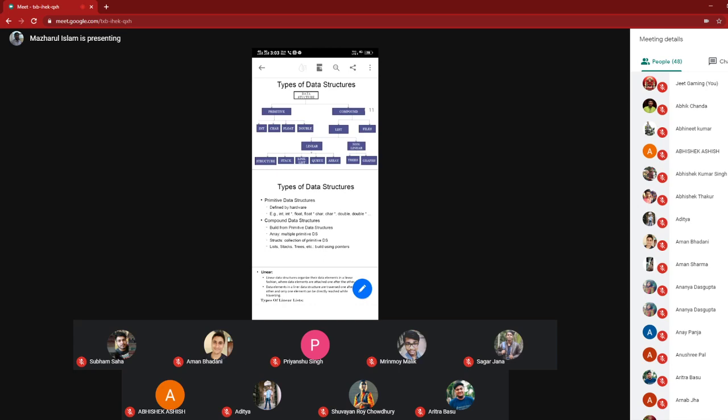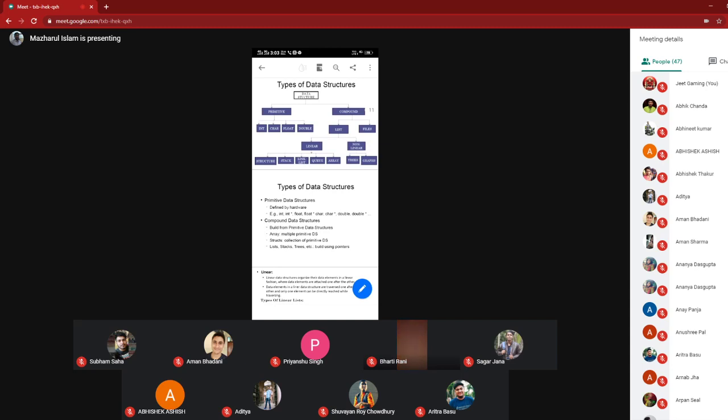So array is derived from multiple primitive data. A structure also accumulates different categories of data under the same name.